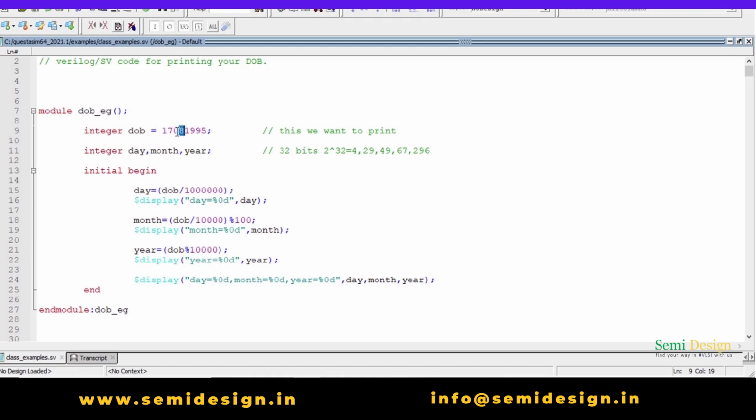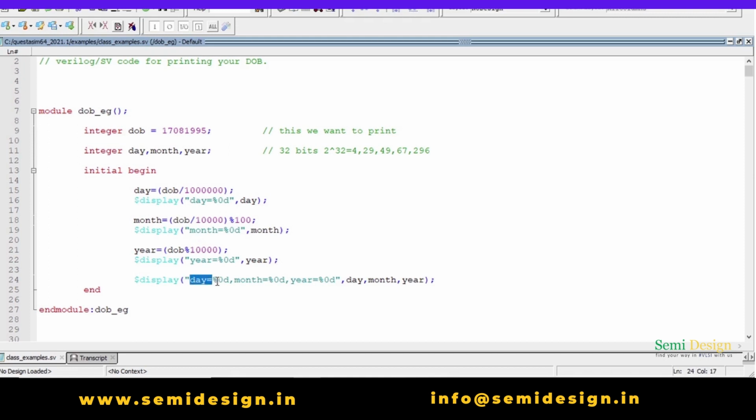So for that, first we need to discard these 4 digits. So take 4 zeros, 1, divide by this, and the entire result within parentheses you need to write, and we need to take a modulus of that with 100, these 2 zeros and 1, and just display the month. Very simple.